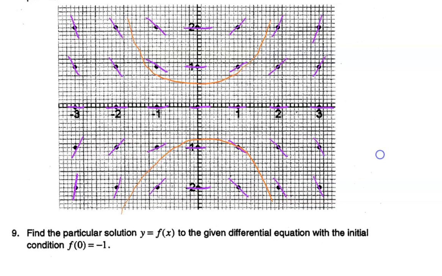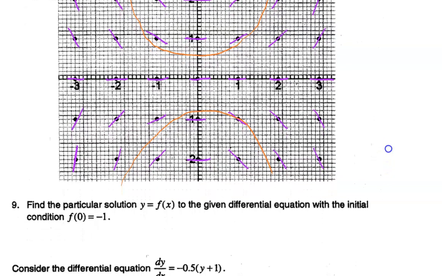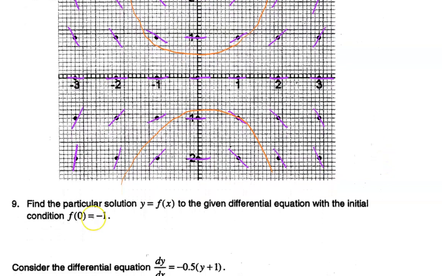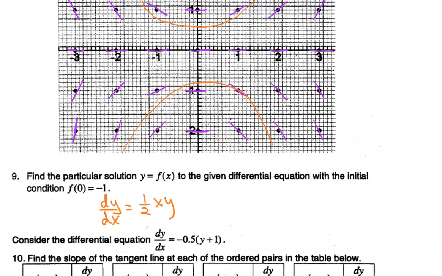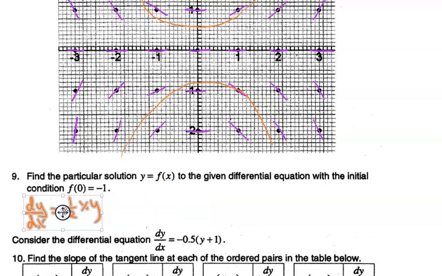All right, so let's go ahead and look at solving to find the particular solution. So let me rewrite the equation, and I will go all the way through this one. dy over dx equals 1/2 xy. So first thing I'm going to do here is split. Actually, first thing I'm going to do is move this over. Okay. There we go. Is split these, and so I'll have 1 over y dy is equal to 1/2 x